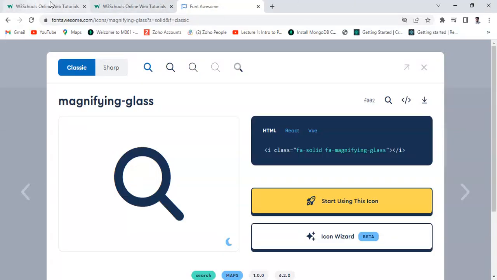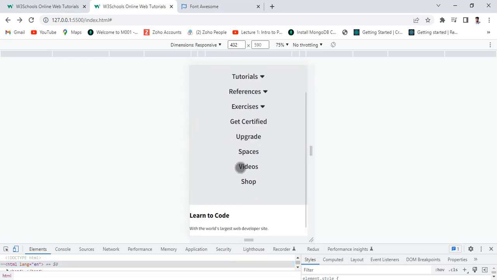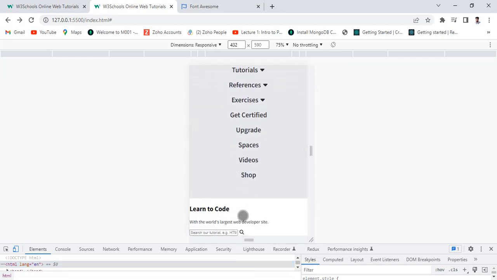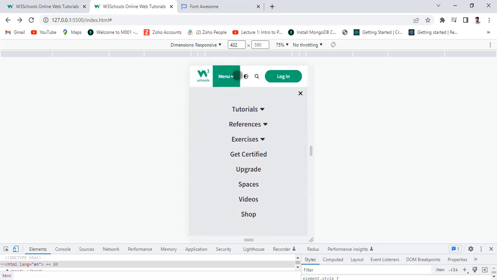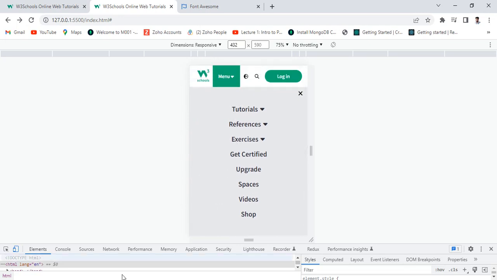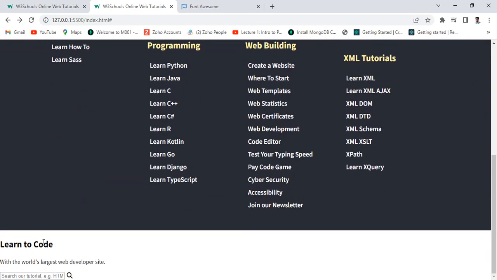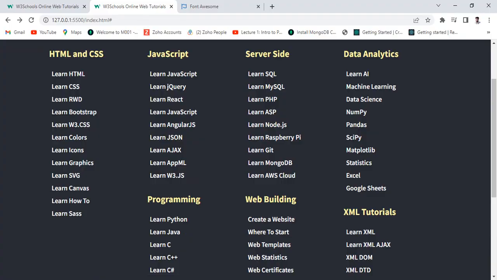Now let me see how all this content is displayed here. See, all this content goes to the bottom side when I click on this menu one, but I don't want it like that. For that I can make it so that when I click, every time this will be done. And for that we can do